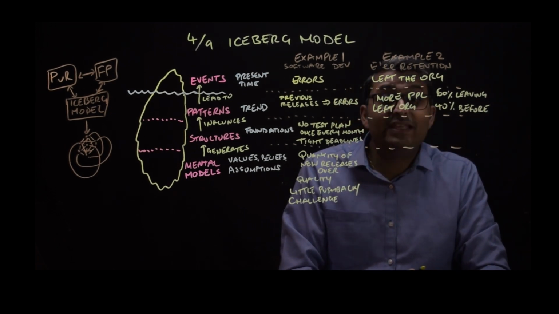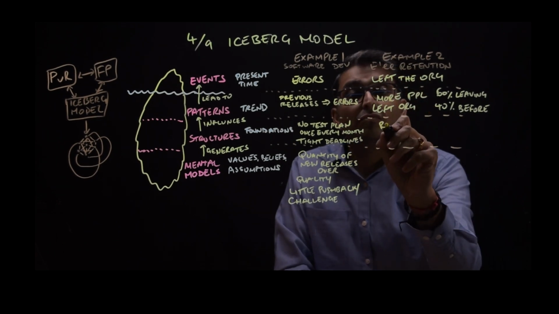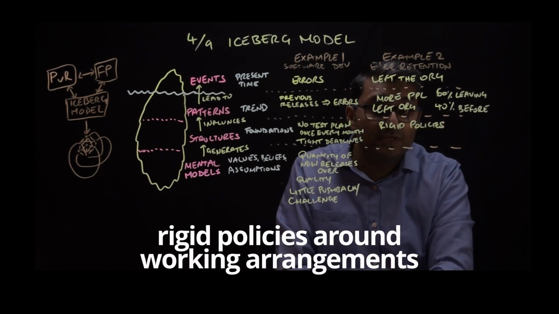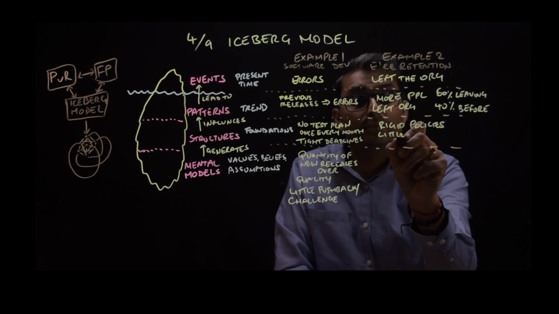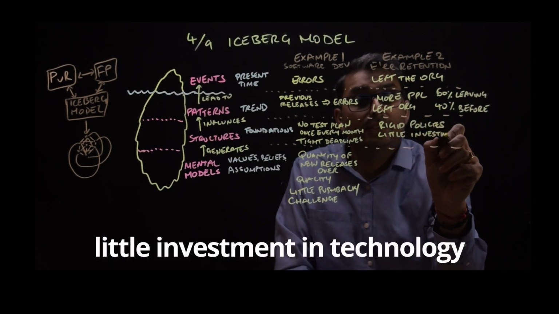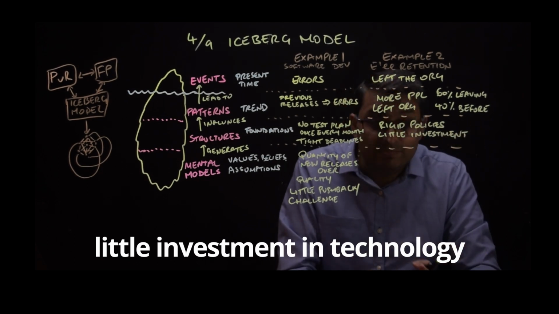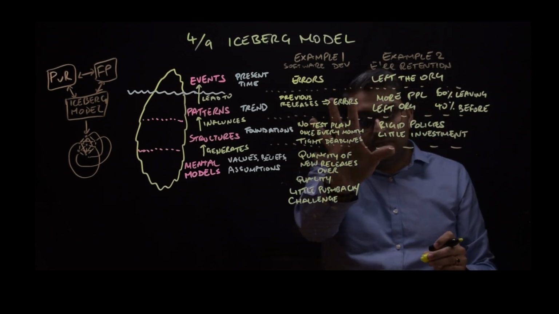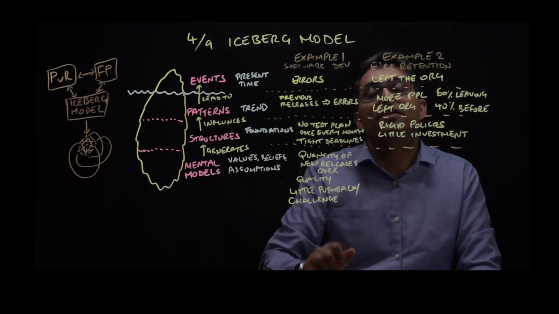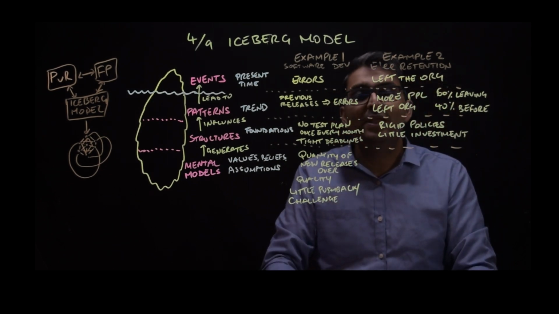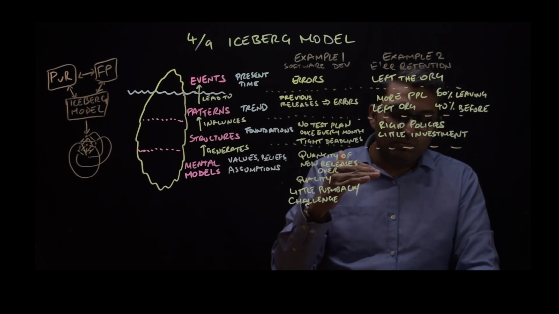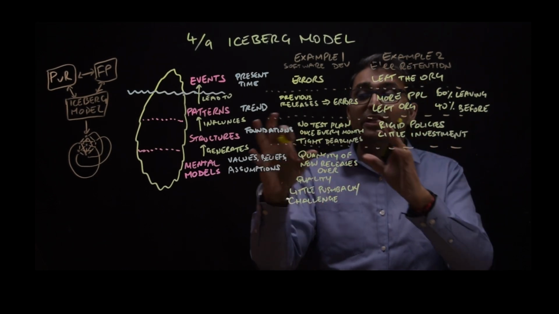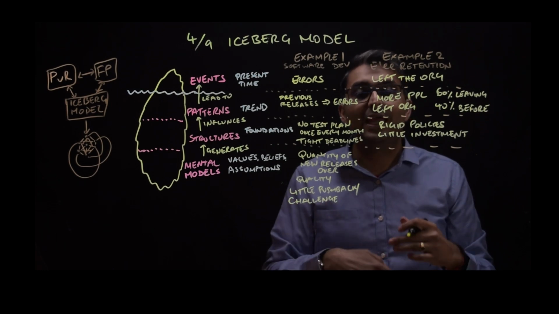Digging a little deeper, we see that the company has put in rigid policies around working arrangements. There has been little investment in technologies, which has made the day-to-day of employees tougher than before. And I'll stop there, I could write even more, but let's say these are the structures in place. And so going a level deeper, we're trying to investigate further to see why we have those structures in place. By going a little bit deeper into the mental model level, we see that management has or believes in a certain style of working,